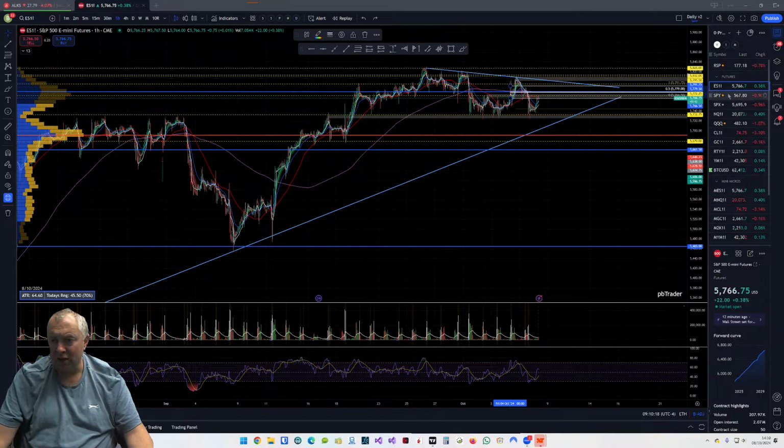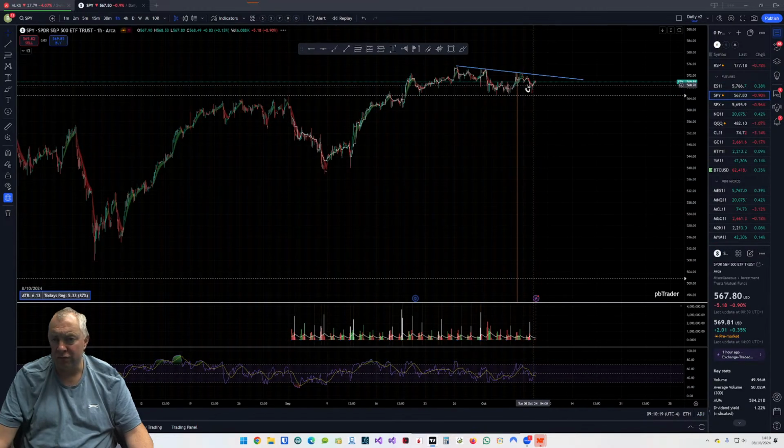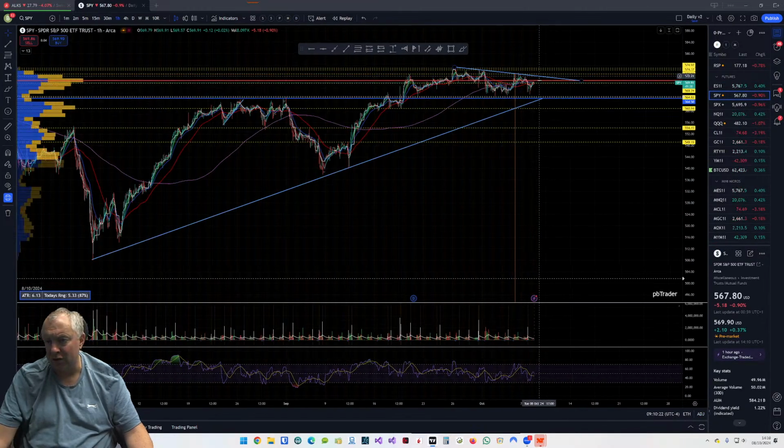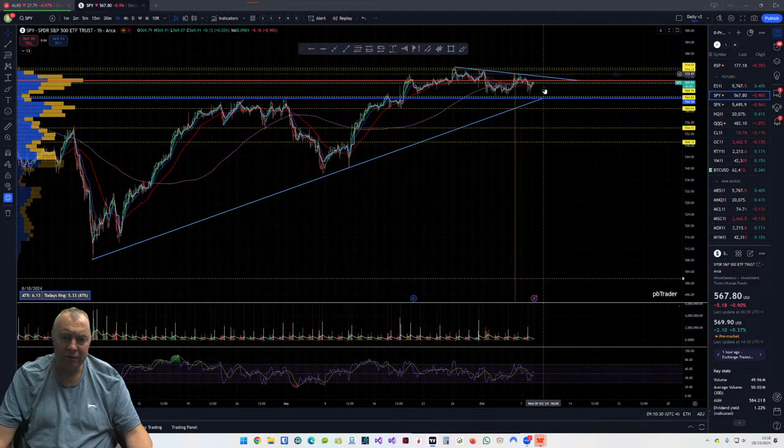Okay, SPY is the same levels. I'll just quickly go through them. We can watch for a rejection off that trend line, which will be around 570. Maybe it'll be around 572 area, and then we watch for the bounce down here. We haven't quite come down to levels I'm watching, so it's kind of a guide. Let's just move that up a bit.